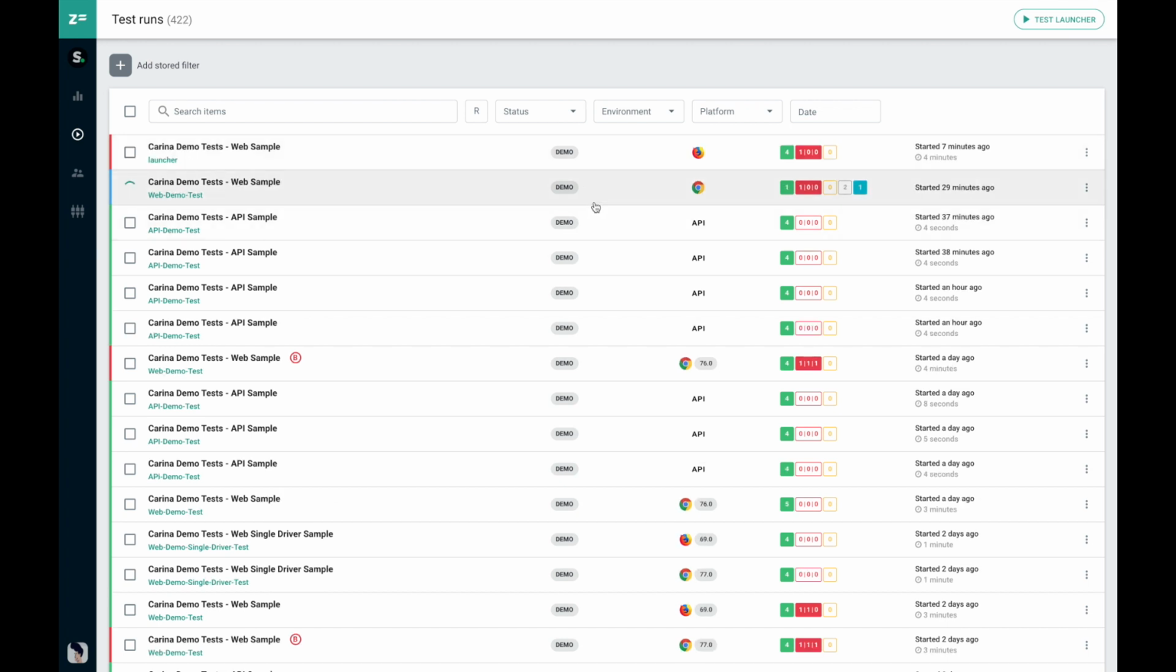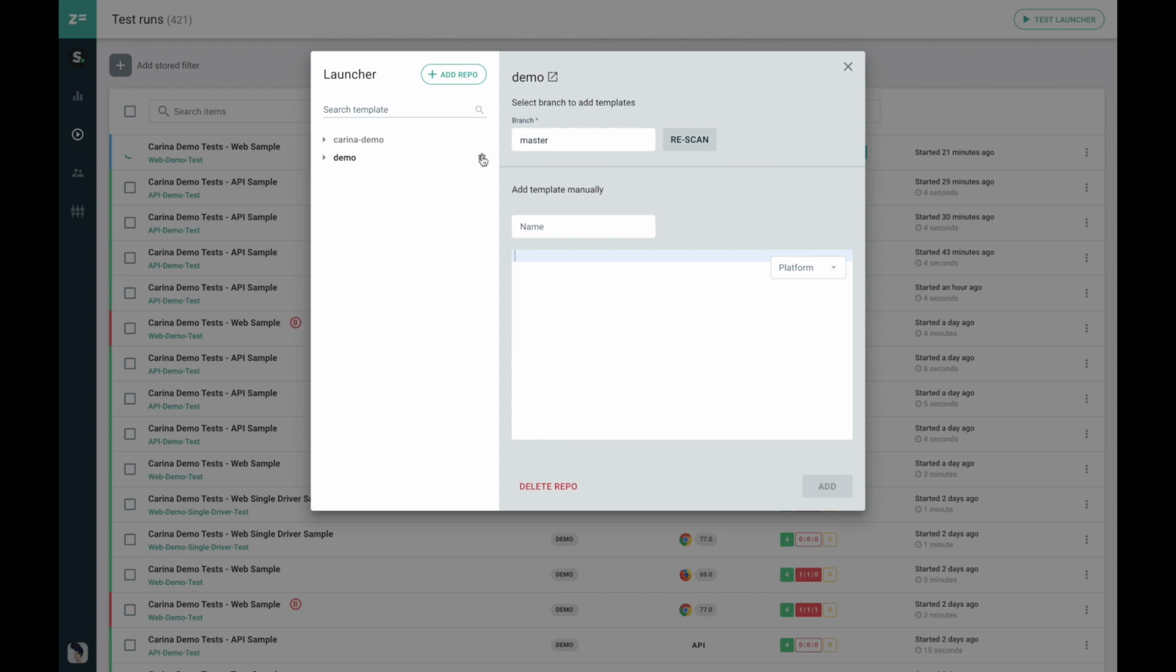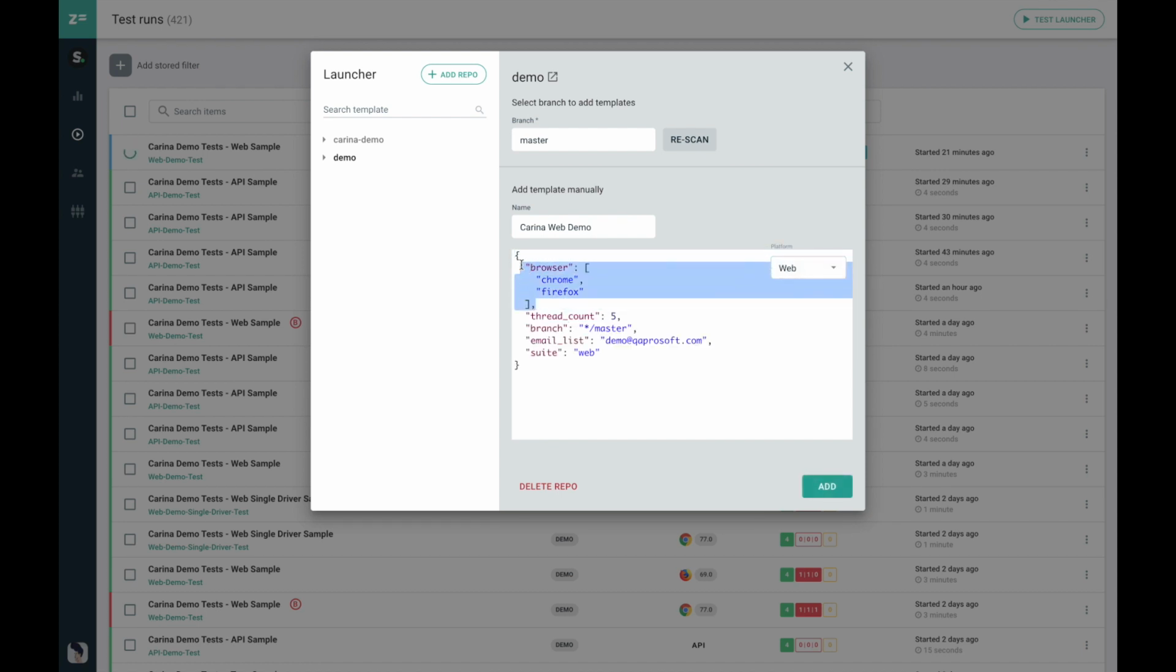So for manual test launcher creation, we are pressing test launcher, edit on the repo, and create a new template. Specify the template name, Karina Web Demo. Let's use the templates from this list, web, remove, for instance, the browser name, and then some additional arguments like